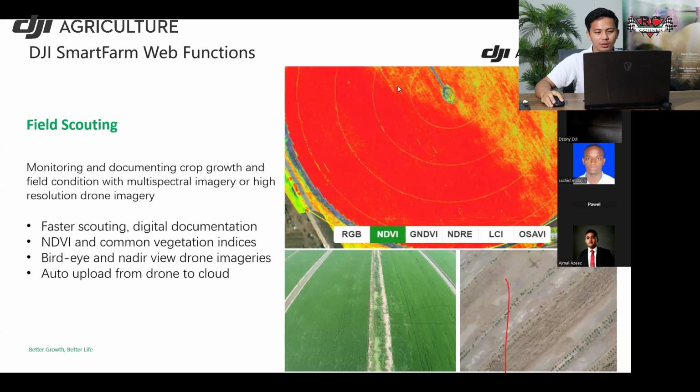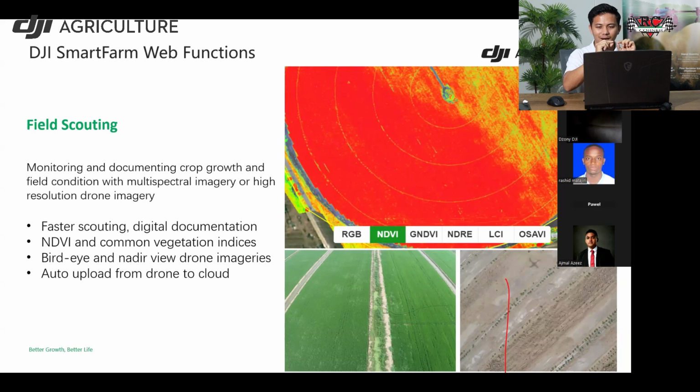Because smartphone app is not like smartphone WAP, or it's not like Terra. It's different software, different app, different application. So this is for field scouting. Some people also use it for field scouting, like digital recommendation, NDVI, what's happening. For field scouting, for your mapper, you need to learn about how the index number works, because this gives